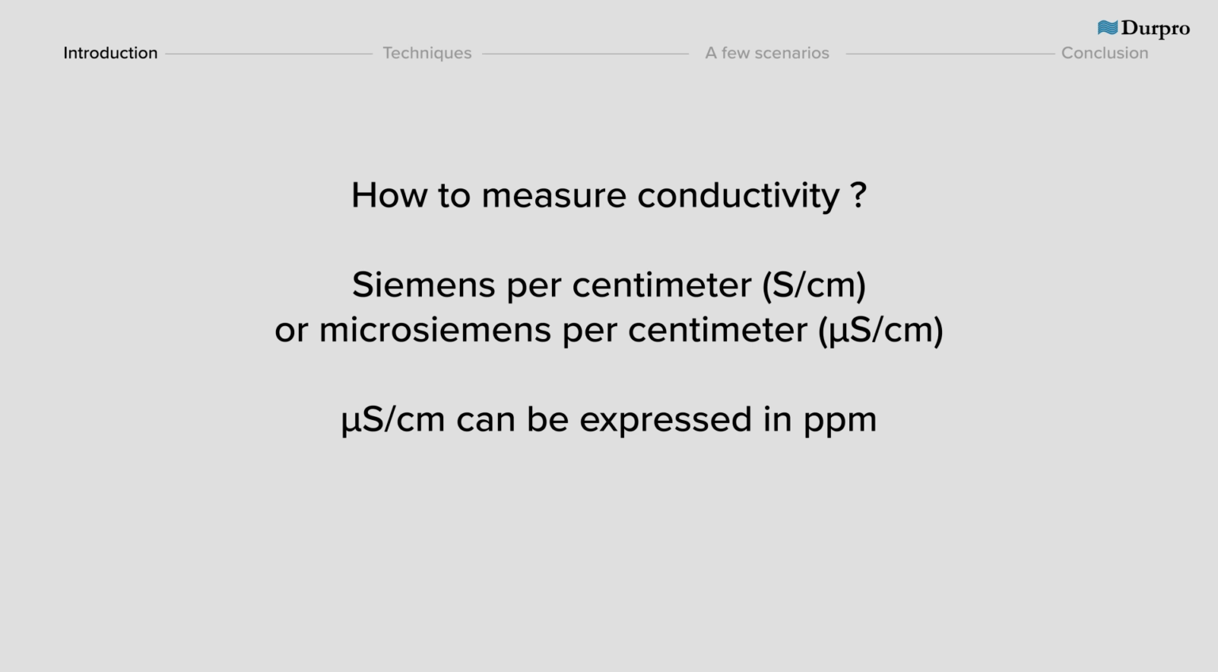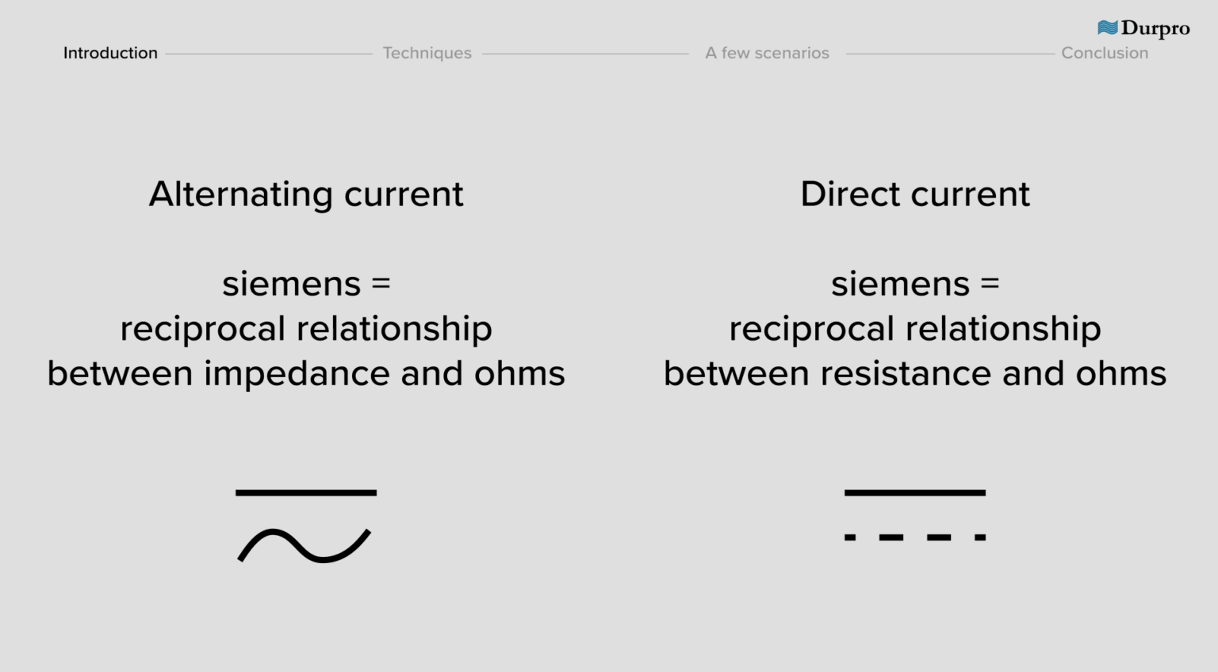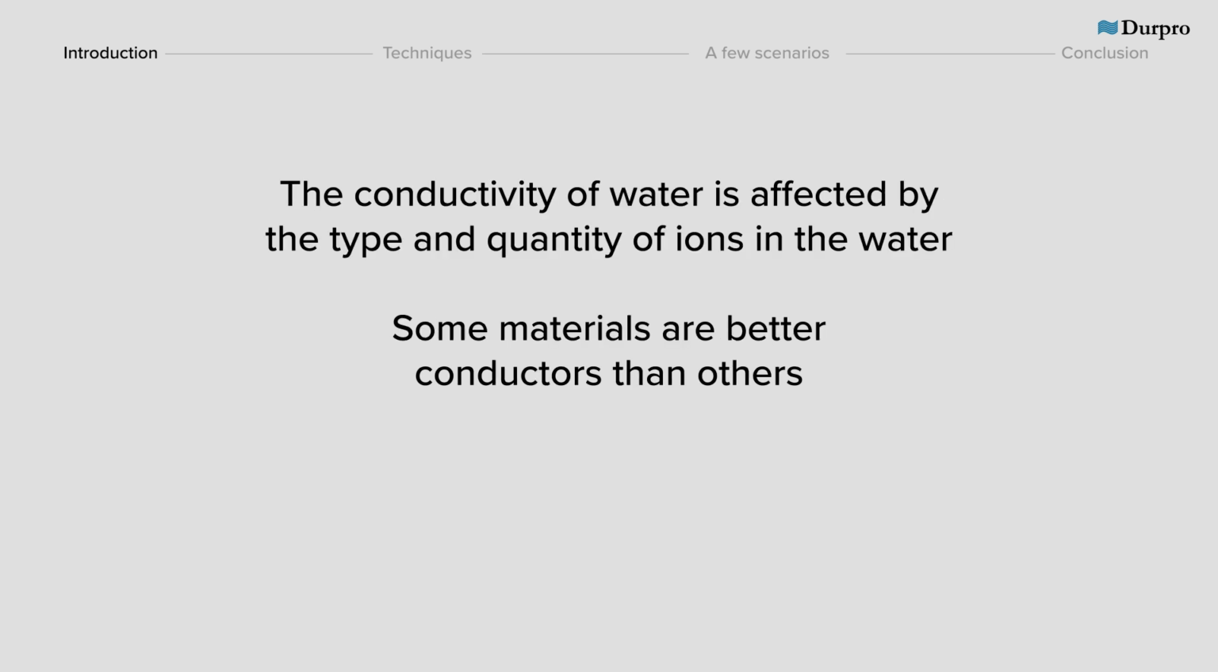The Siemens is a unit of measurement in the international system of units. When expressed in terms of alternating current, the Siemens represents the reciprocal relationship between impedance and ohms. For direct current, the Siemens represents the reciprocal relationship between resistance and ohms. Before going any further, let's remember that the conductivity of water is affected by the type and quantity of ions